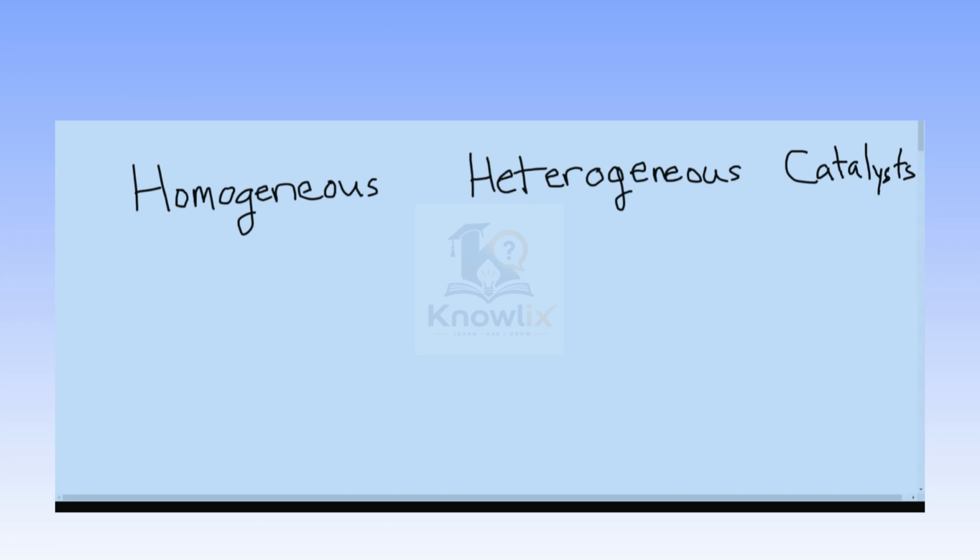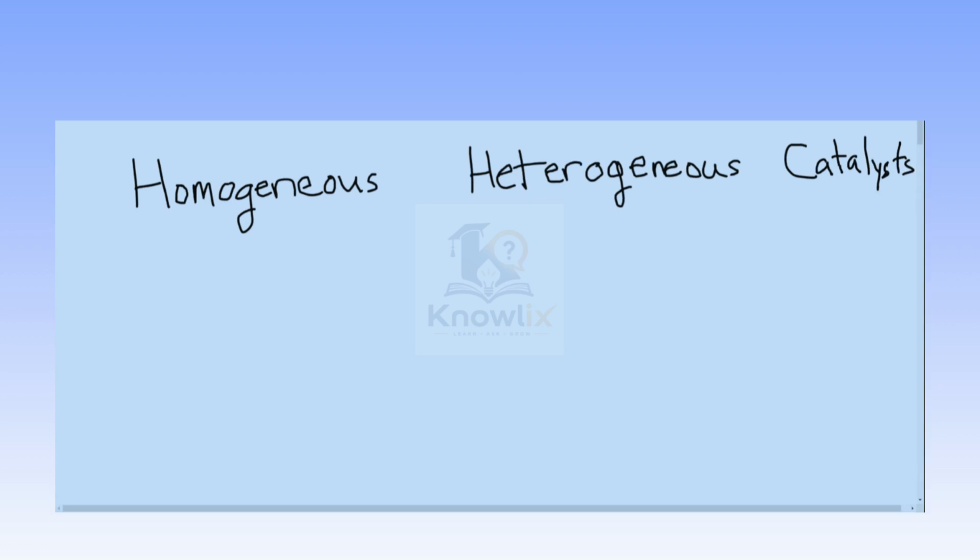Hello, so today we're going to be talking about homogeneous and heterogeneous catalysts. So what's the difference between the two? Well, homo means the same. So homogeneous catalysts are the same phase as the reactants. They're the same phase. So usually that means that you have liquid reactants and you have a liquid catalyst